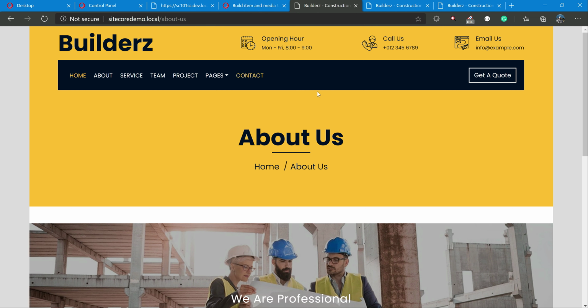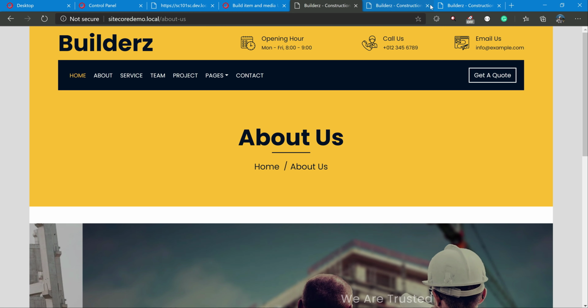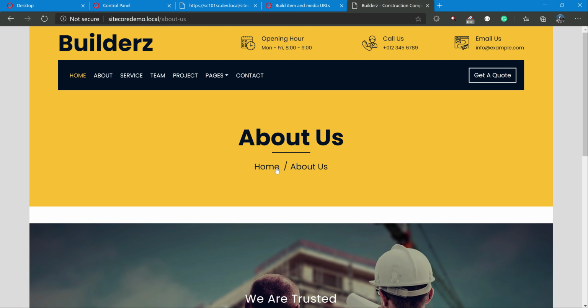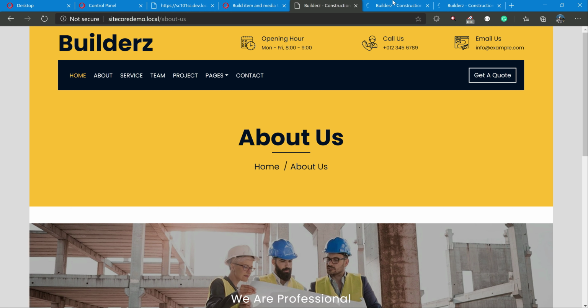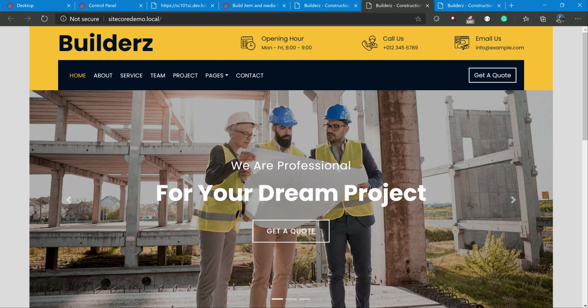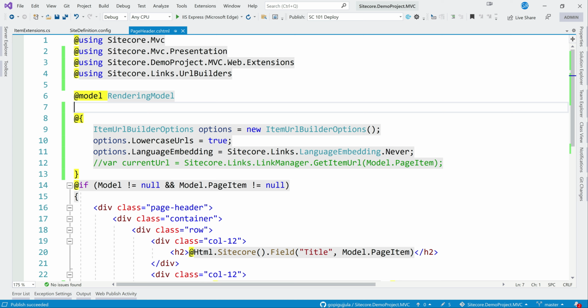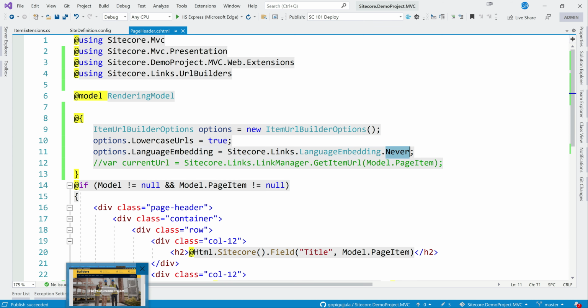Now it is loaded. If you observe home and about us, the links, you can notice there is no language embedding, because we have set language embedding to never, so language is not part of the URL.